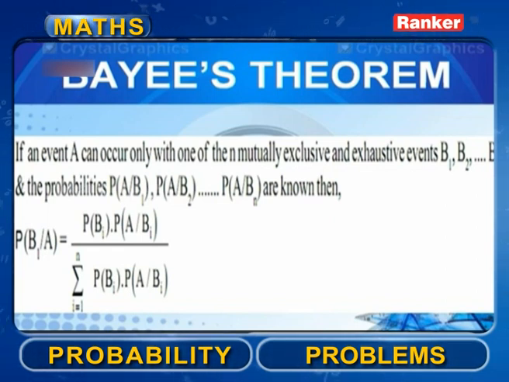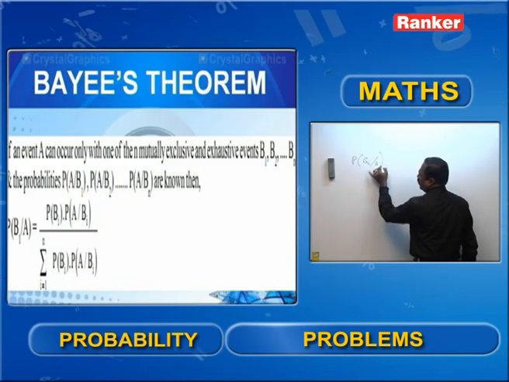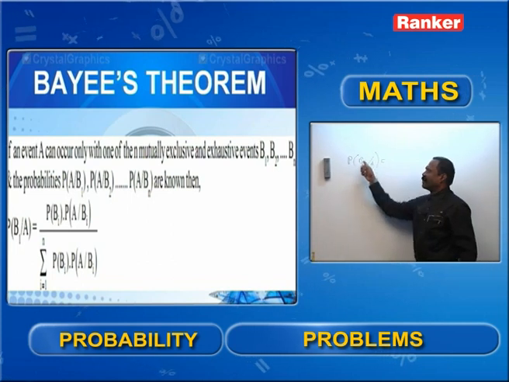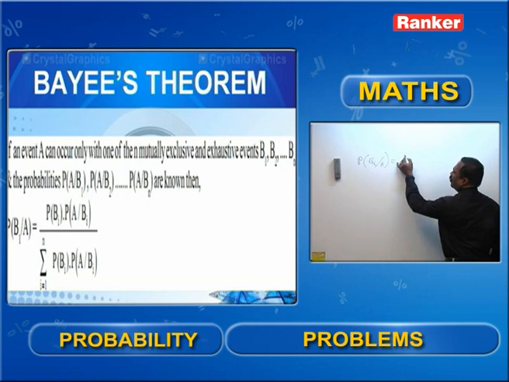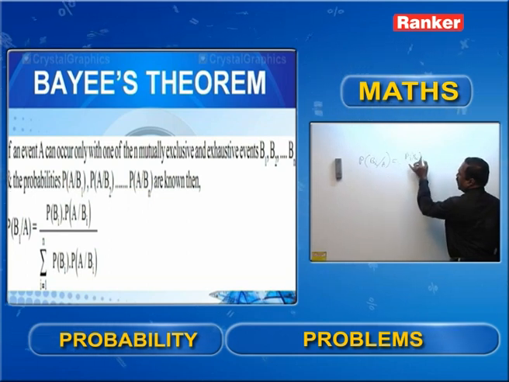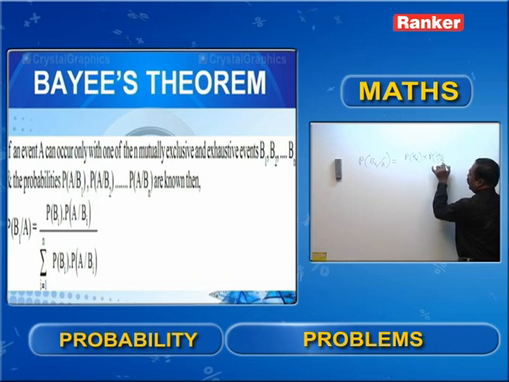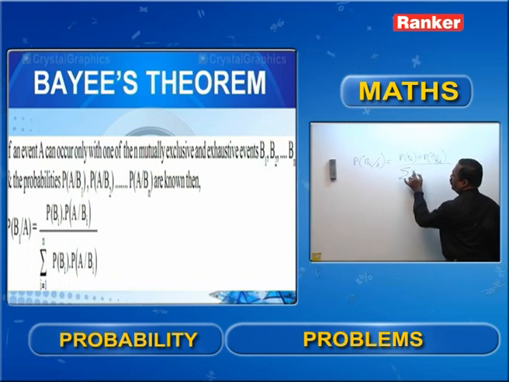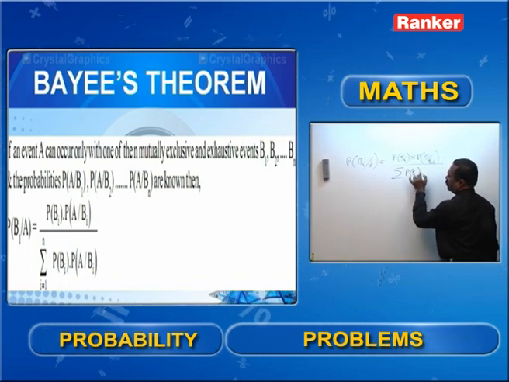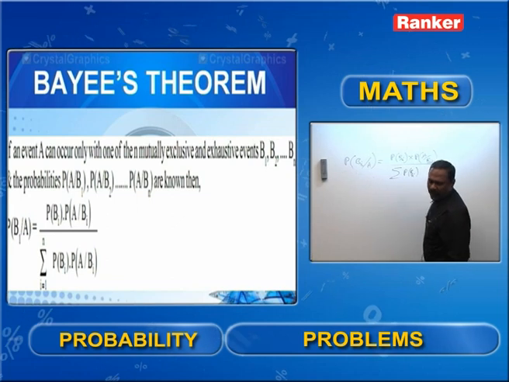And what we need is the probability of occurrence of event A with an event Bi, which is defined to be P of Bi into P of A after Bi, whole divided by sigma P of Bi into P of